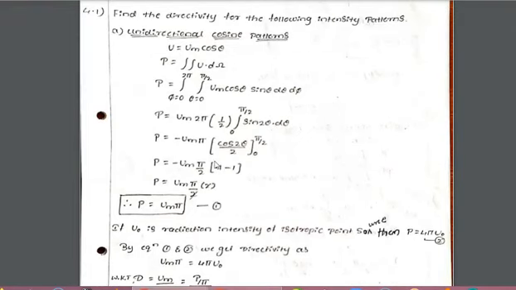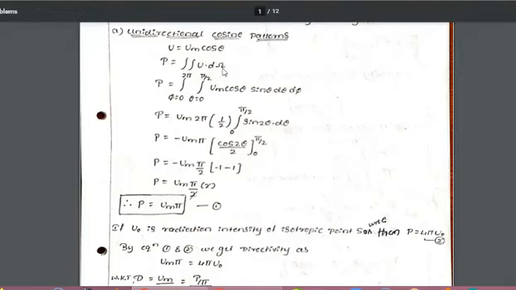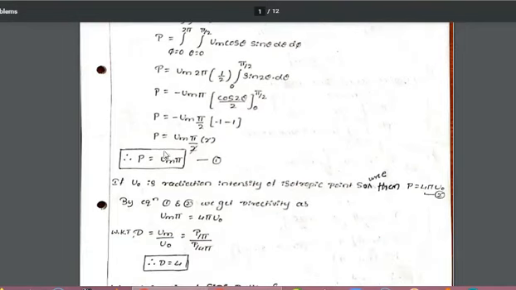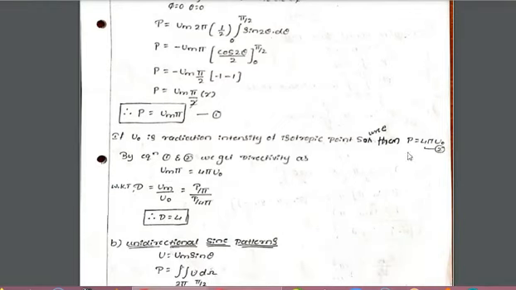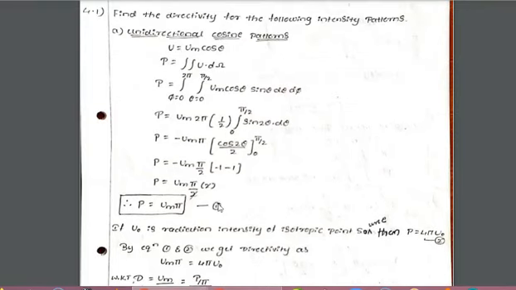Now let me repeat how exactly we have solved the problem. First you have to get the power equation. Substitute the intensity pattern we have into this power equation, and name it equation number 1. We know that if we have an isotropic point source and u naught is the radiation intensity, what is exactly the power? That is equation number 2, and you get the directivity from equation 1 and 2 by dividing by u naught. D is equal to 4. This is how we can calculate the directivity of a cosine intensity pattern which is unidirectional.